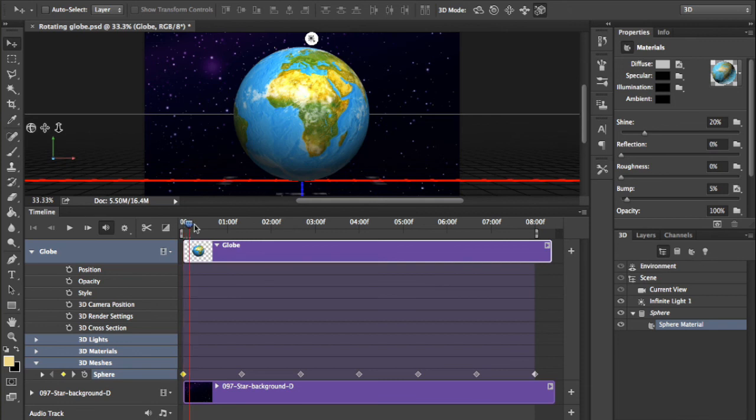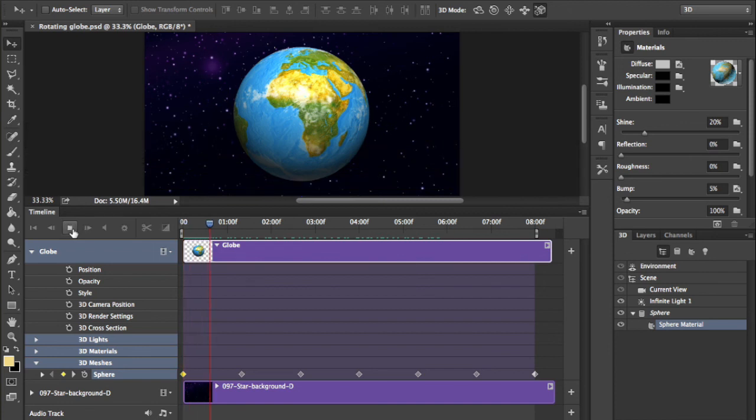You can rotate the sphere by dragging the controls along the timeline, or you can go back to the beginning and hit the play button, which will then render. That's these little blue lines here are the rendering. This is just the screen rendering, it's not the final rendering that will take place when you export the file